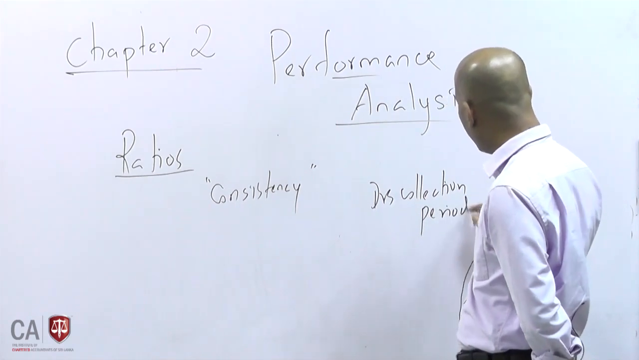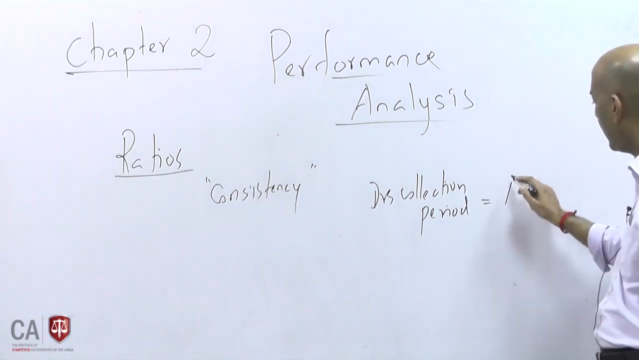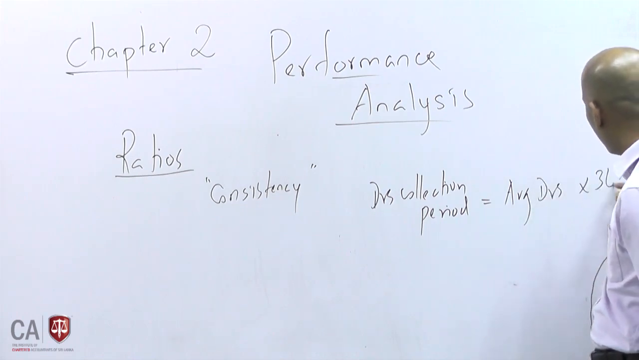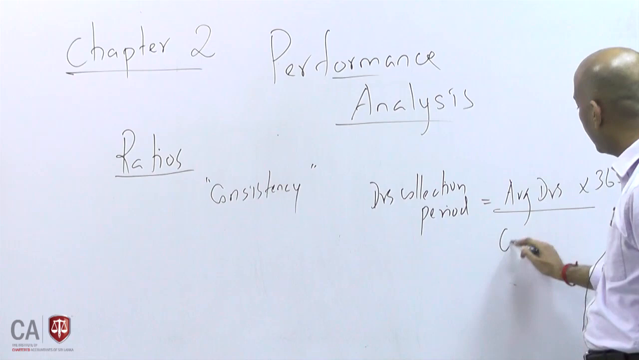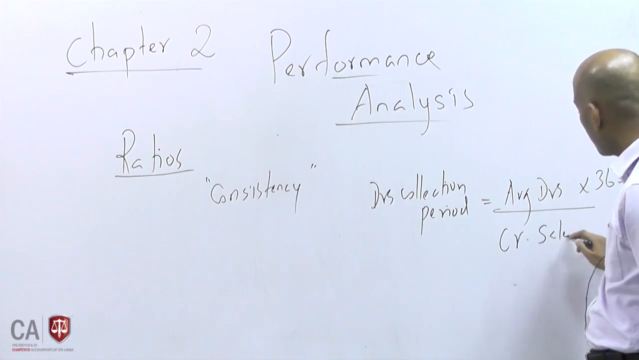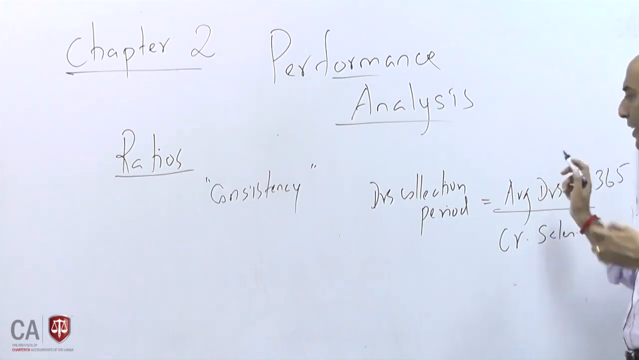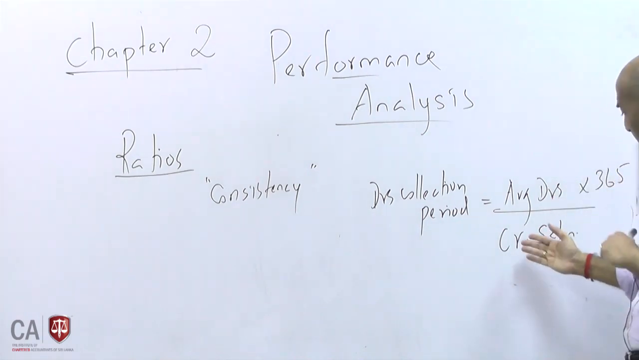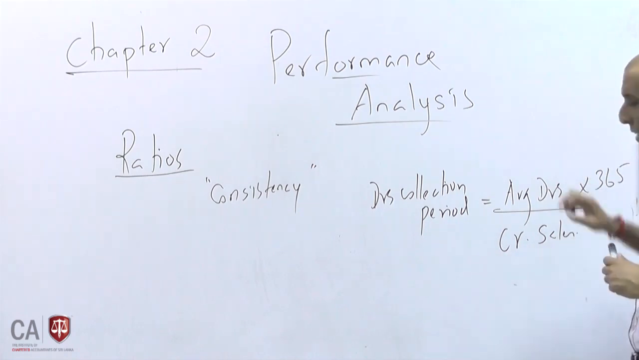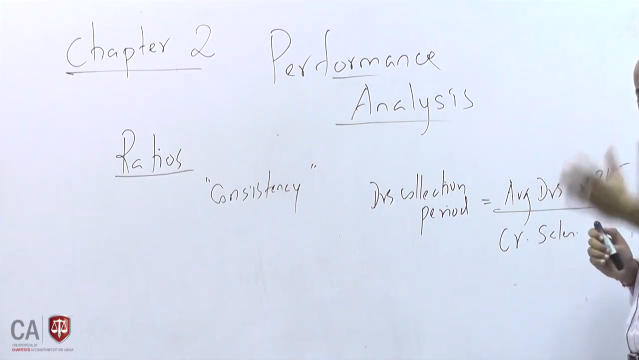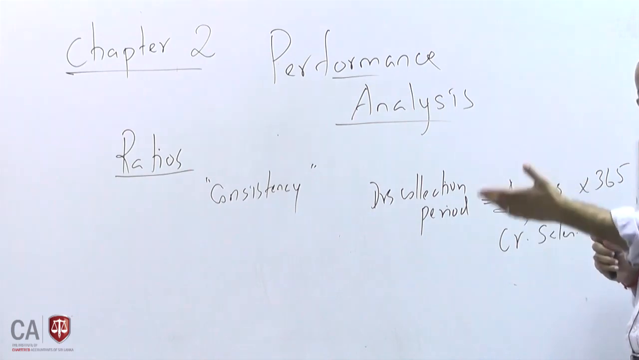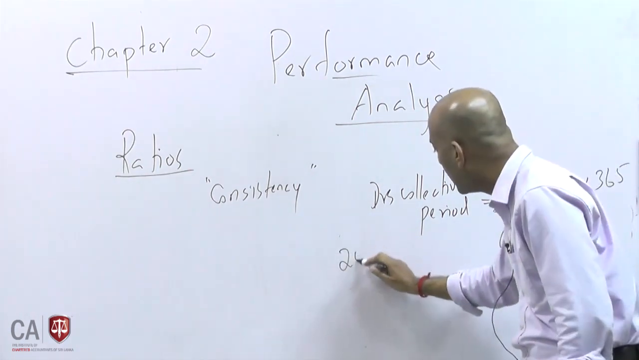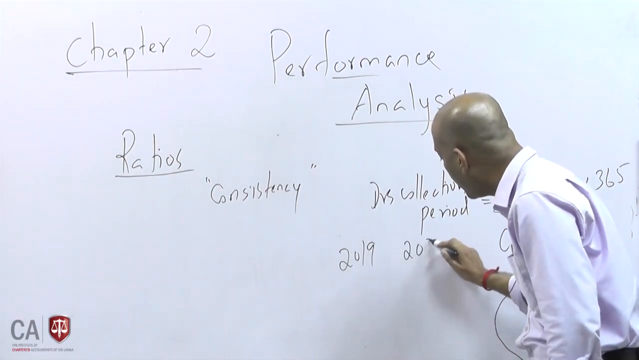When I call the debtors collection period, the formula will say average debtors into 365 divided by credit sales. This is the ratio. So this debtors collection period is average debtors into 365, credit sales. But these average debtors mean opening and closing debtors both added together, divided by 2, is average debtors. If we are going to calculate the ratio for 2019 and 2020 March,